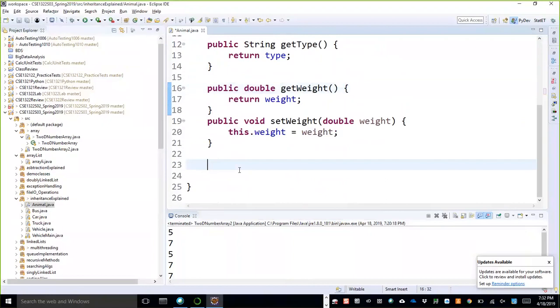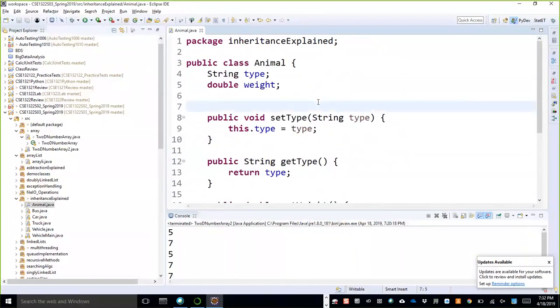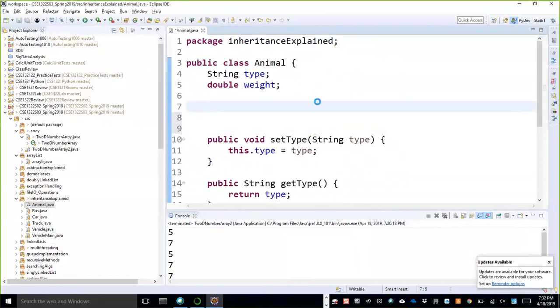Now let us do a constructor. Let us add a constructor that will set up these two values. How can we write a constructor? Tell me. Public, class name Animal, then the attributes.